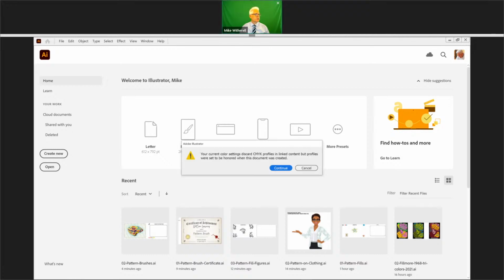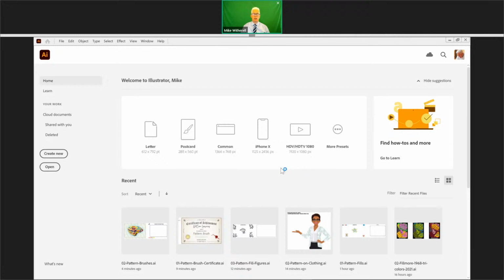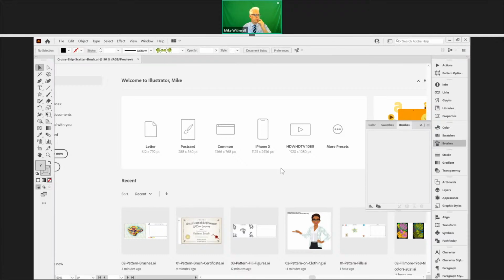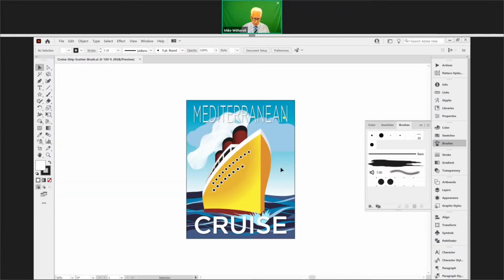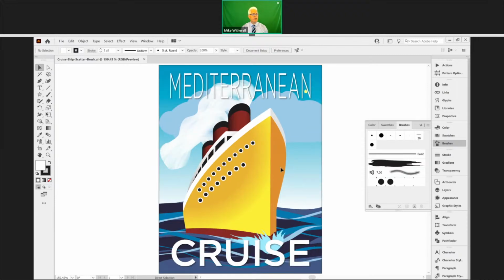A scatter brush is excellent for when you need to draw a lot of one object and you just need to have a multitude of them. This is one approach to it. Here's my cruise ship poster artwork. And maybe if you're looking closely there, you can see that there's a little golden yellow star there that's in the sky. But what would really be nice is if it actually had,